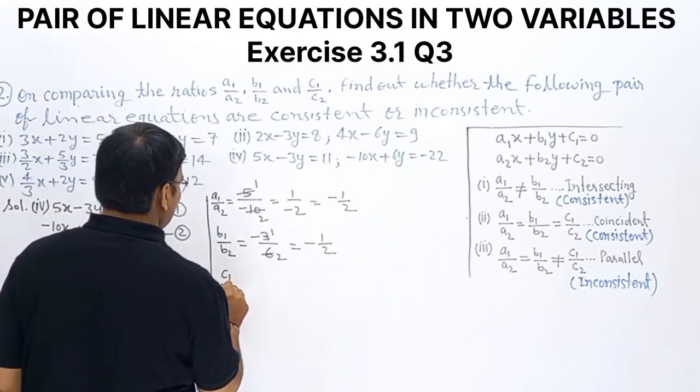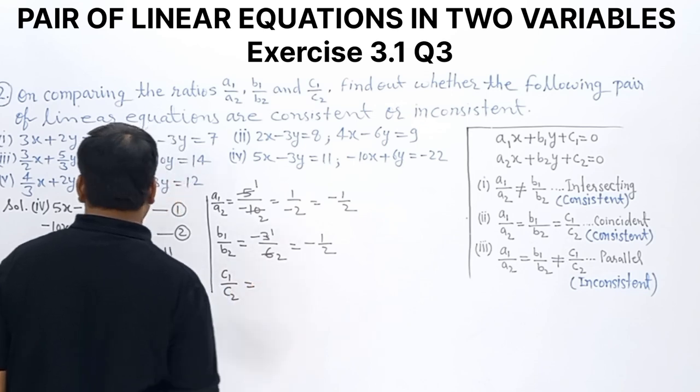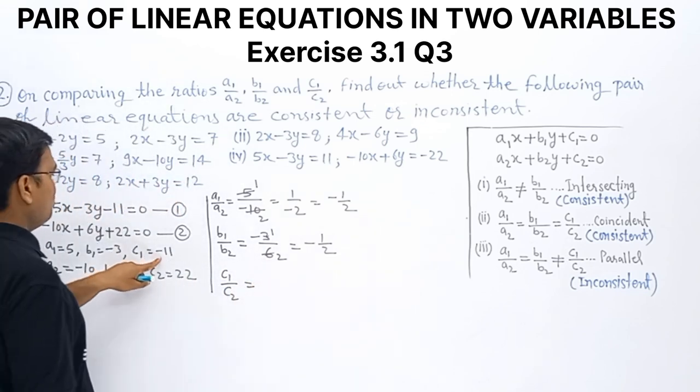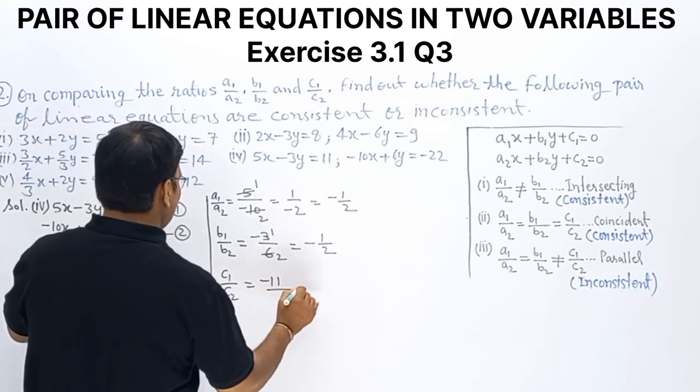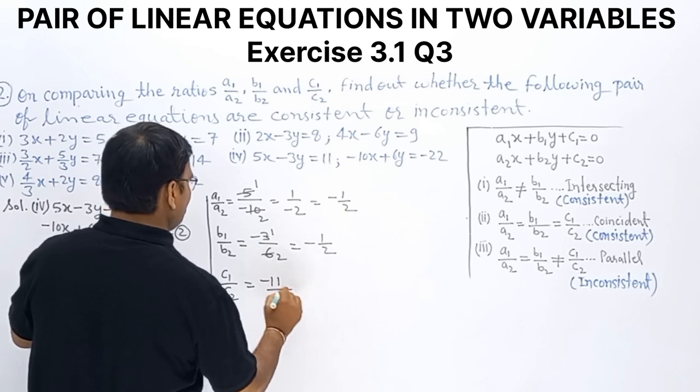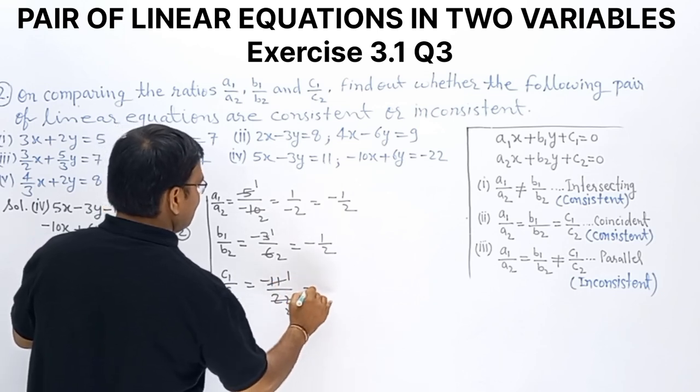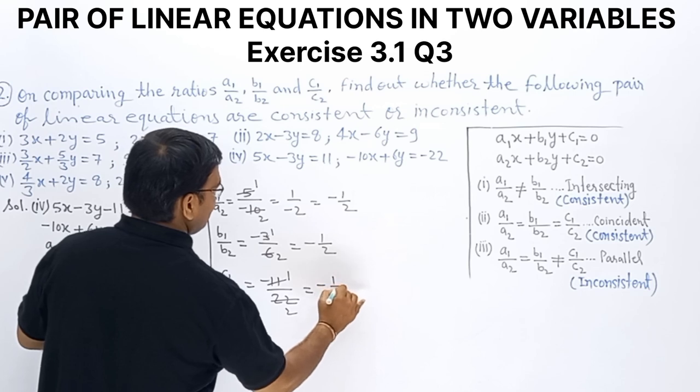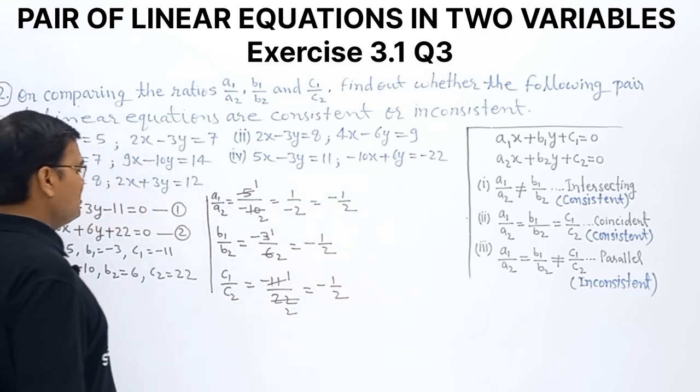c1 upon c2. What will c1 upon c2 be? The value of c1 is minus 11, and c2 is 22. Solve this one, 1 time, 2 time. We are getting minus 1 by 2. So what can we say,